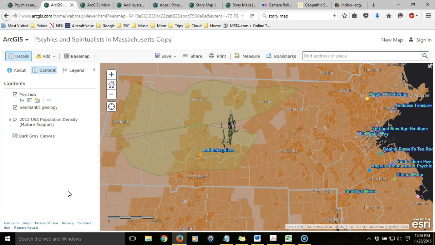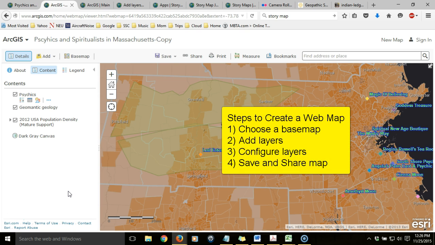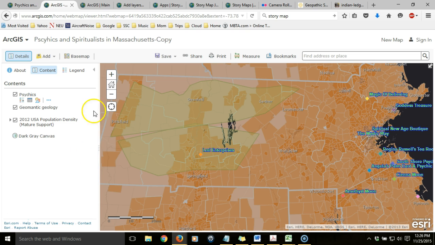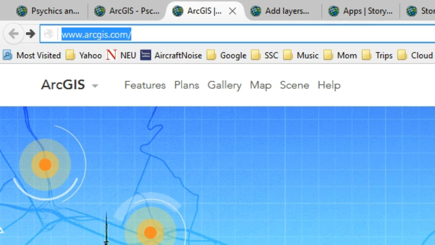So how do we create this web map? Well, it consists of several basic steps. First, we're going to choose a base map, extent, and scale, add the layers we want, and finally save and share the map. The first step is to log in to our account on ESRI,